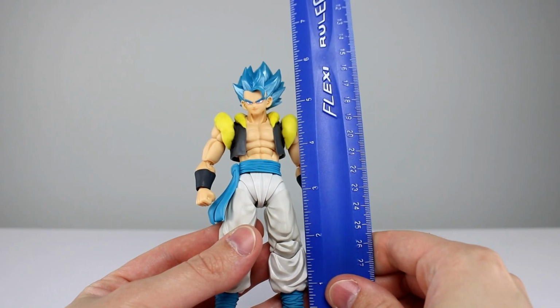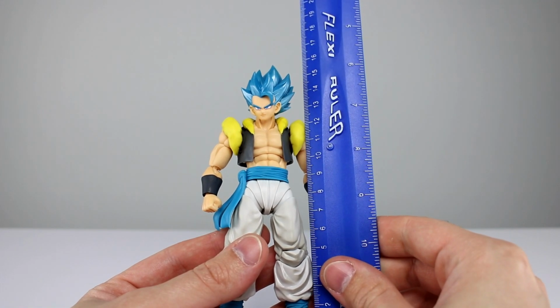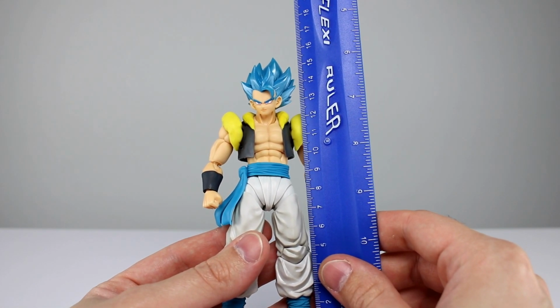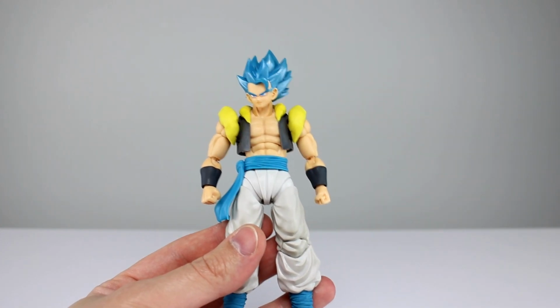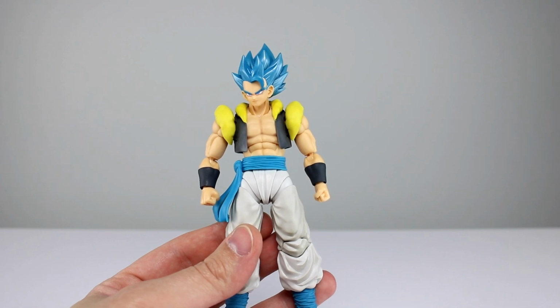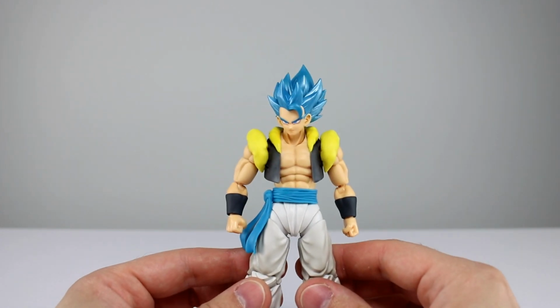This guy stands to the top of his hair 6.5 inches, which makes him just about 16.5 centimeters. If you wanted to estimate his actual height, it's closer to 14, like where his head would stop if he didn't have poofy hair, and that's going to be about 5.5 inches if you're looking for scaling. That's going to be more helpful for you. So speaking of